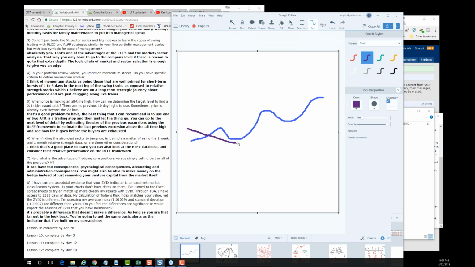So maybe it looks like this. That's pretty extreme. So what I might say is, how far above the RL10, how far above long-term fair value did this thing ever get? And so you say here it got this far before it sold off, and then it surged and made a